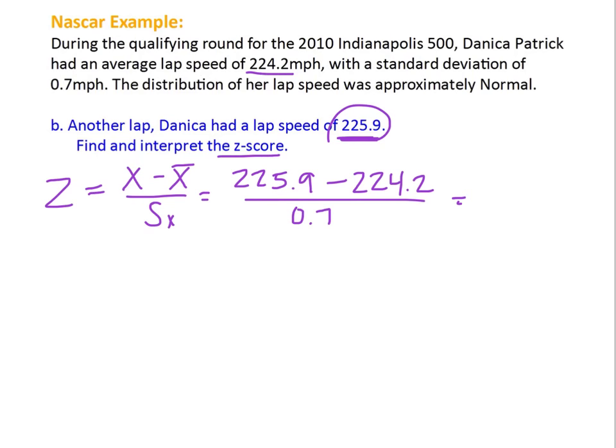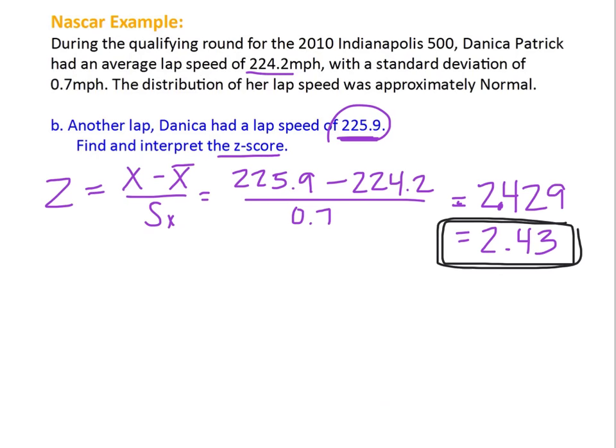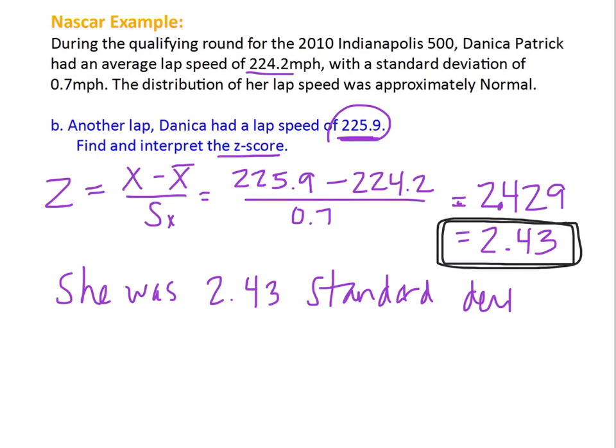When I do that arithmetic, I get 2.429, but we round to 2 decimal places, so I get 2.43. So this is her z-score, 2.43. It's positive, which means she was 2.43 standard deviations above the average